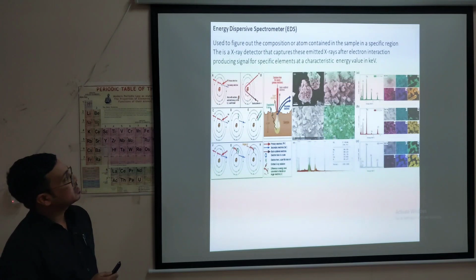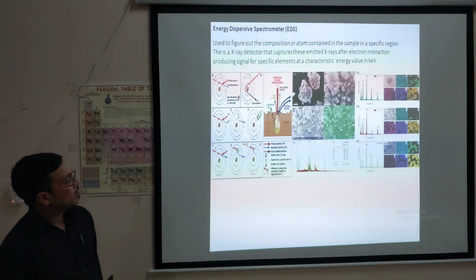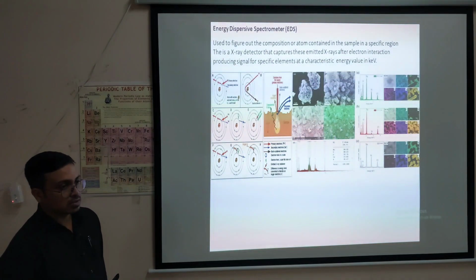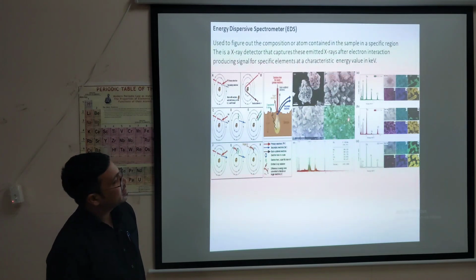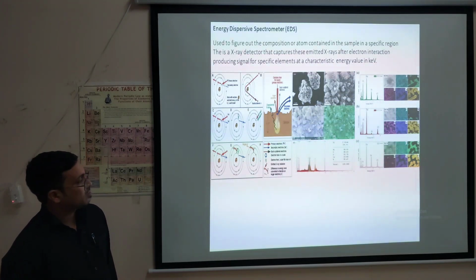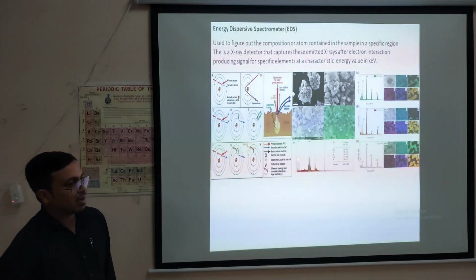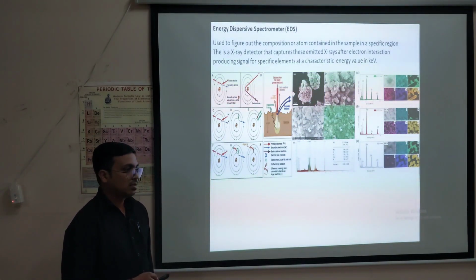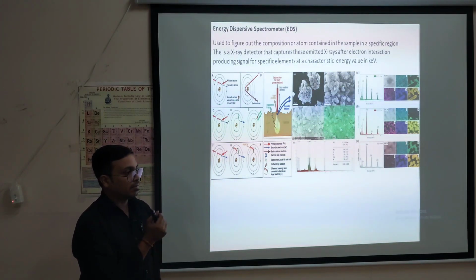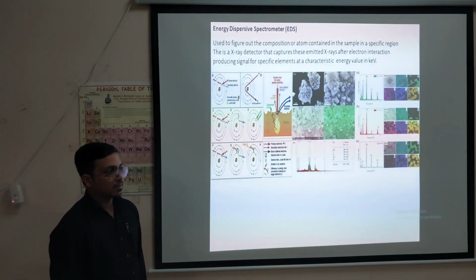So these are the various processes, as you know, that take place when energy interacts with electrons. There will be Auger electrons, there will be X-rays, and these are the images, and this is the color mapping image, and this is the EDX image. The image is not that visible, so look here, a particular binding energy in kilo electron volt. Remember this scale. In a defense viva, they used to ask, if you have that type of graph, what is the x-axis unit, what is the y-axis unit, likewise things. So you need to have an idea.